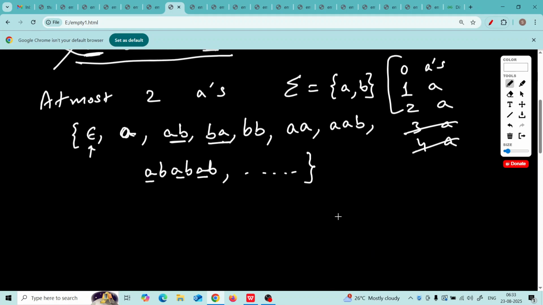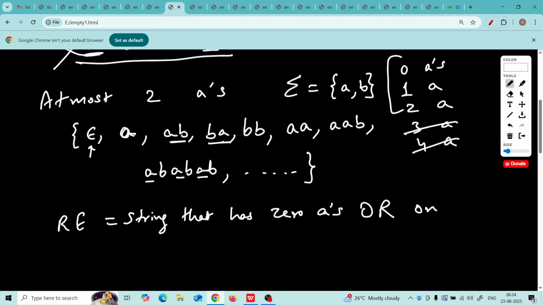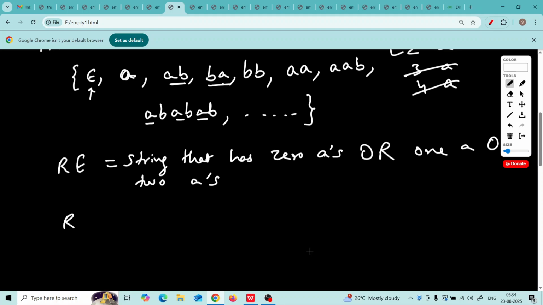The simplest way to write the regular expression for this is that it can contain 0 A's or 1 A or 2 A's. We have to write the regular expression for strings that have 0 A's, should be selected, yes. Then or, 1 A should be selected, or exactly 2 A's should be selected, but after that 3 A's, 4 A's should not be selected. Then the best way you can write this regular expression easily is epsilon should be selected or.